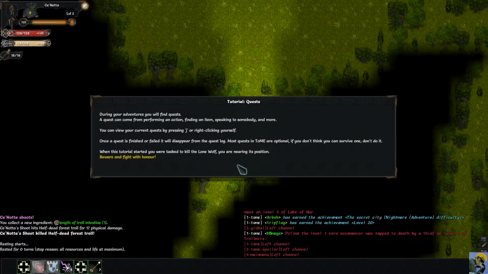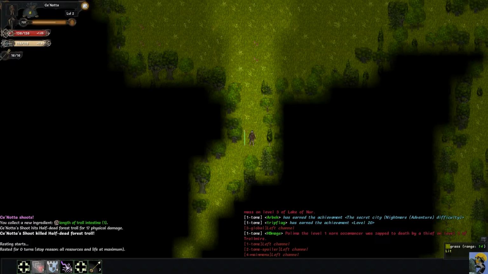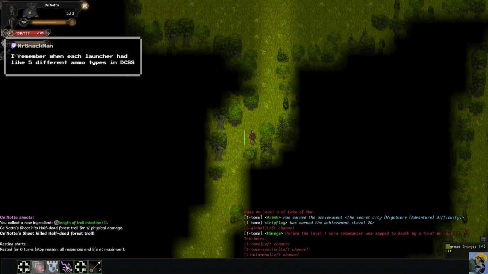Oh god. When this tutorial started, you were tasked to kill the lone wolf. You are nearing its position. Beware and fight with honor. I'm scared, and I don't know what fight with honor means, but,